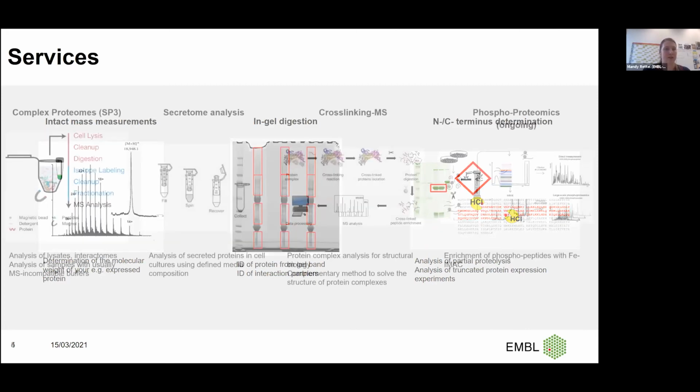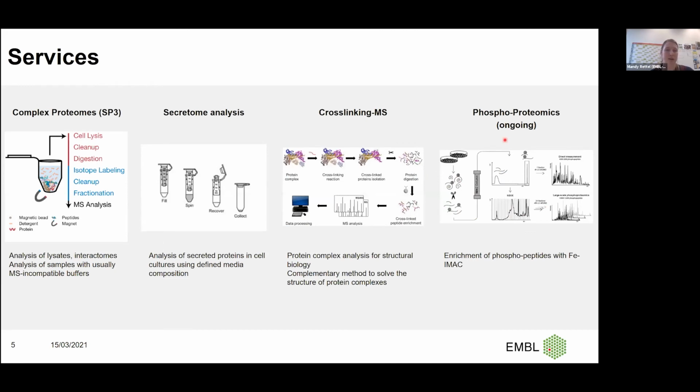And then we also handle complex proteome samples, where we take mainly advantage of the SP3 protocol, which is a nice method to also work with MS-incompatible buffer systems, like with lots of detergents, high salt concentrations, even with Laemmli buffer, to really work those samples up in solution without the need to run them on an SDS-PAGE, which is really nice.